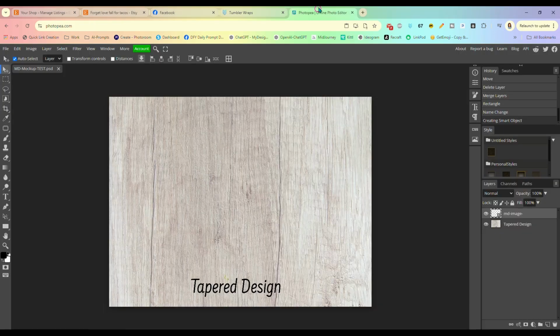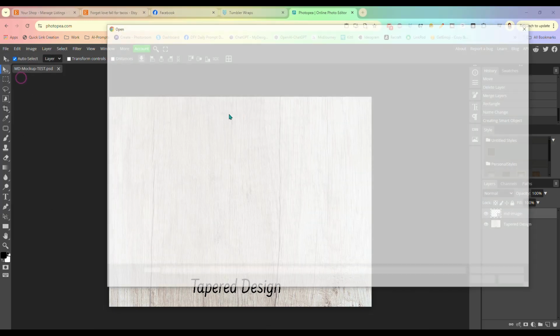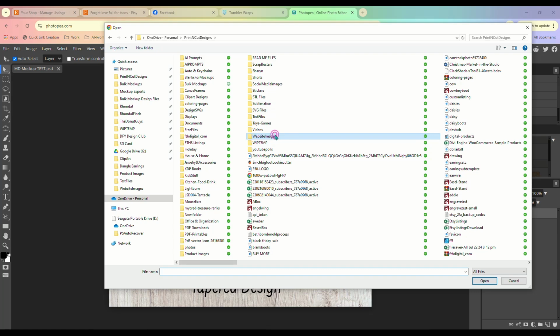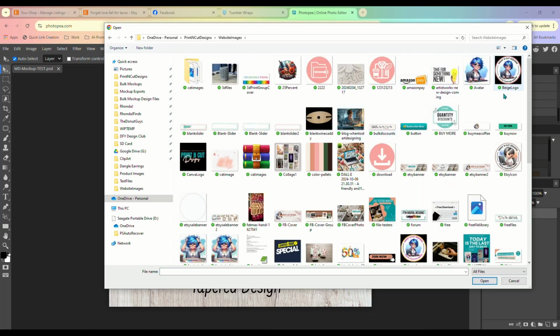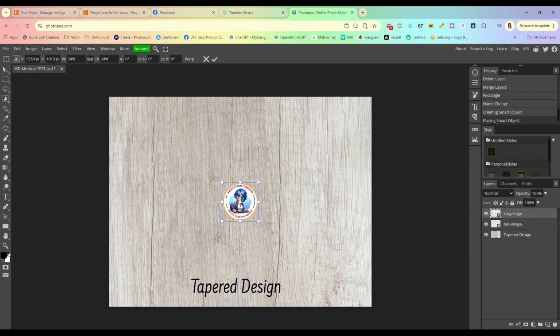Or let's go back over here to Photopea, and we have our Smart Object layer right here. You see over here on the right. And let's say you wanted to put your logo in here. All right, so let's go here and we'll click Open in Place. And I want to put, where did it go? There we go. I want to put my logo in here. And I want to put it right over top